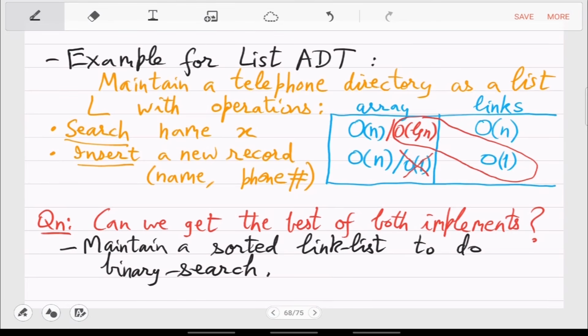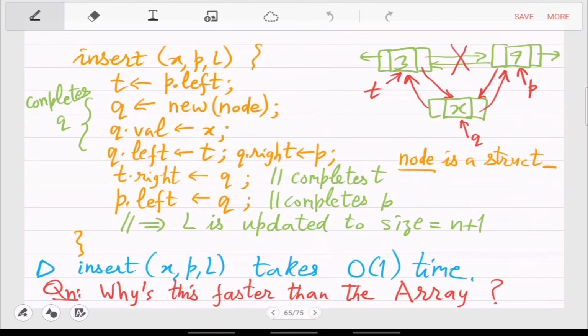The code that we showed here for insert, this orange code, had many problems. First of all, it needed a location, P should be known, where you want to insert. Now the starting point itself will be unknown. If there is already an existing directory and a new name comes, where will you insert that name? The only way is you look at the whole directory and then find P and then do this.